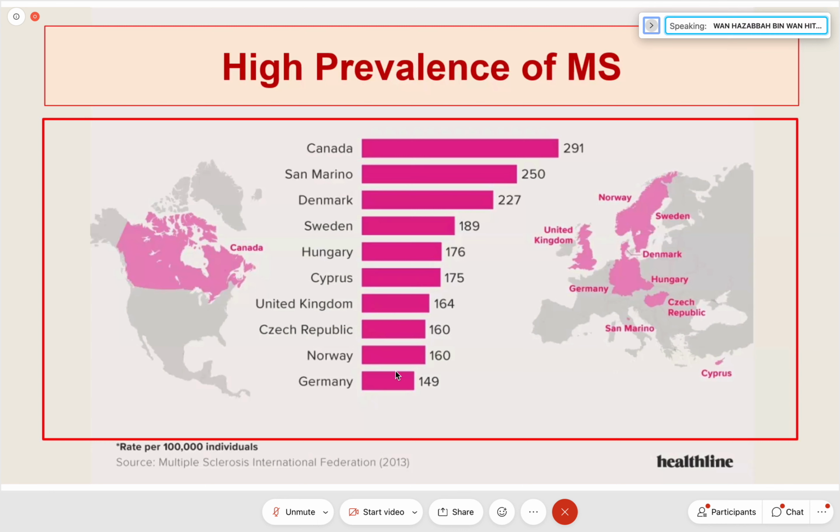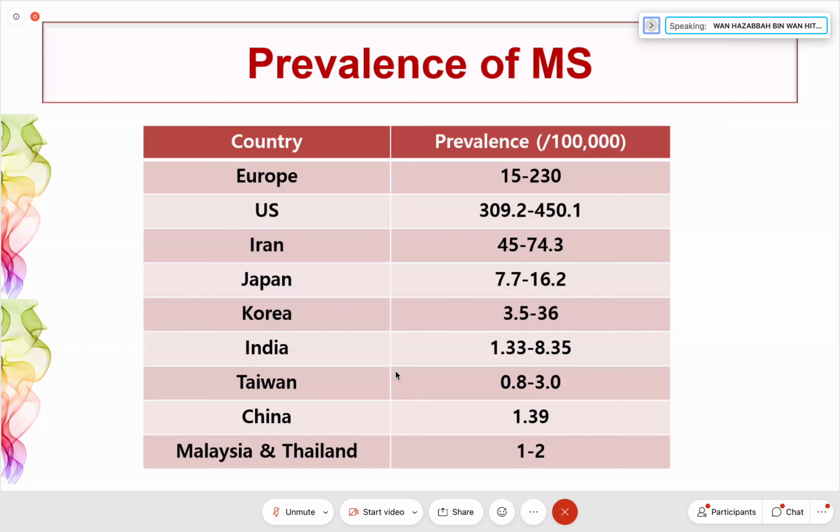So where is the high prevalence of MS? It is more in North America and also in European countries, where you can see here per 100,000 population is quite high compared to our setup. Okay, so like I did mention just now,